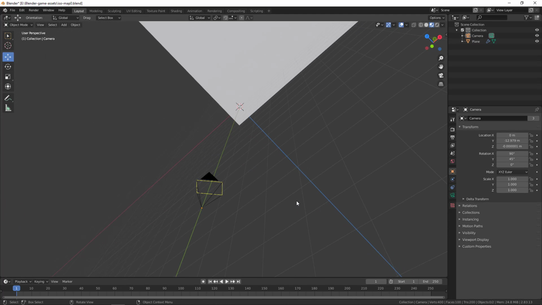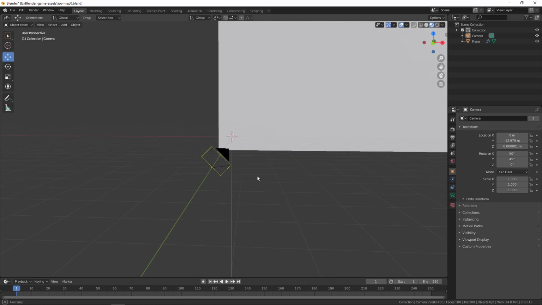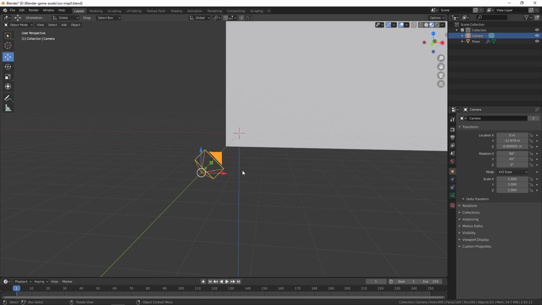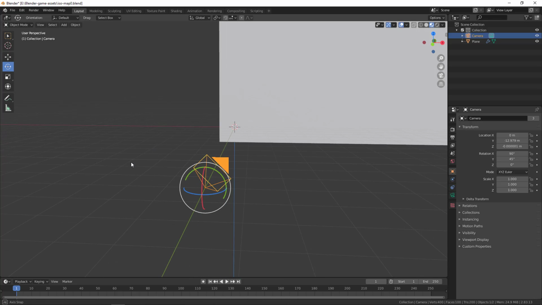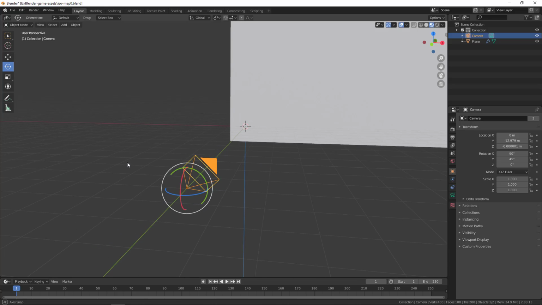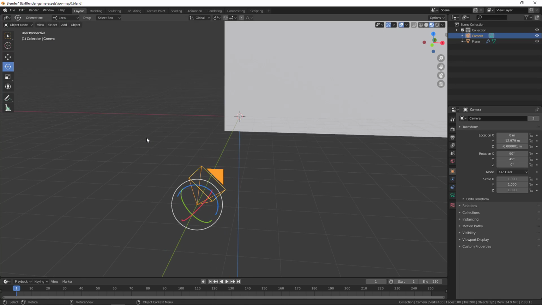Let's go into this view, and to rotate something in Blender on its local axis, you have to switch this from global to local and switch this to rotate. Okay, now it is set to local rotation, and we are going to set the rotation on the pitch, which